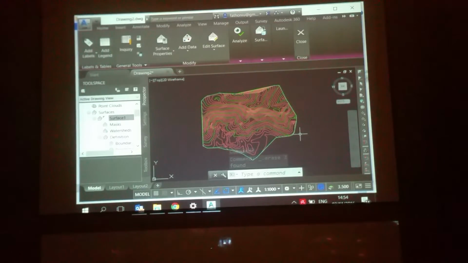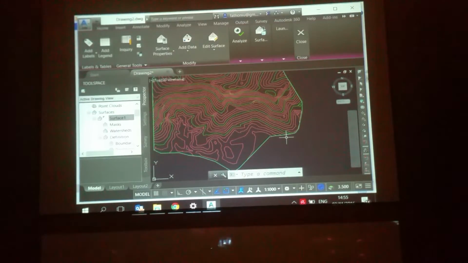This is the 3D surface that we have. Okay, then is it necessary to have a square platform?